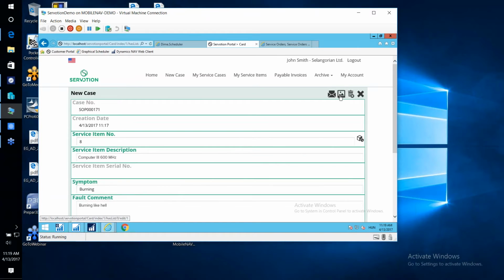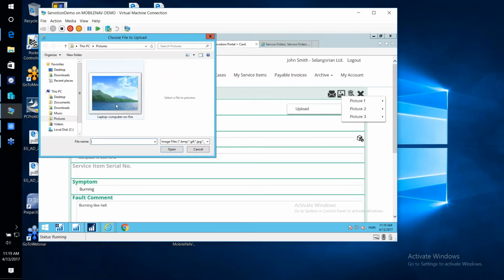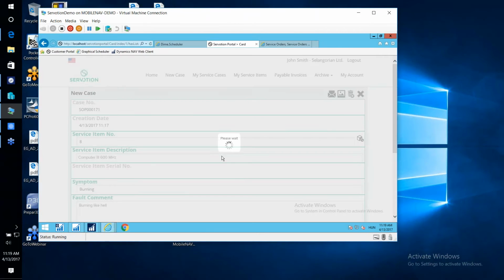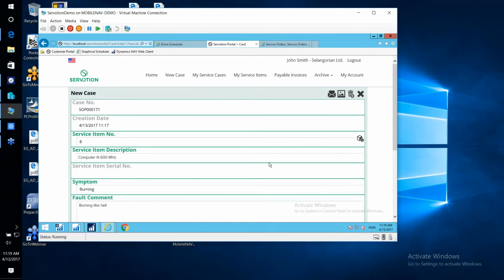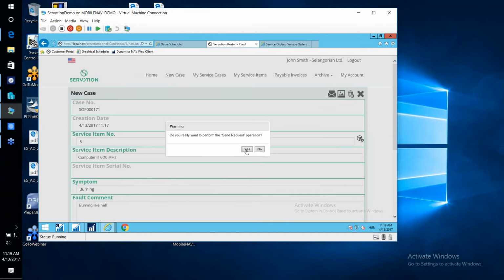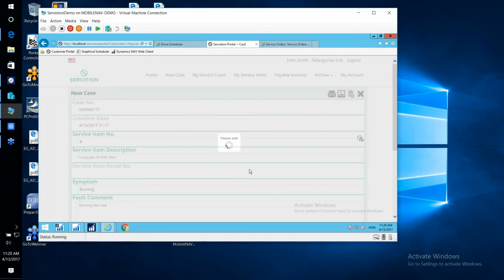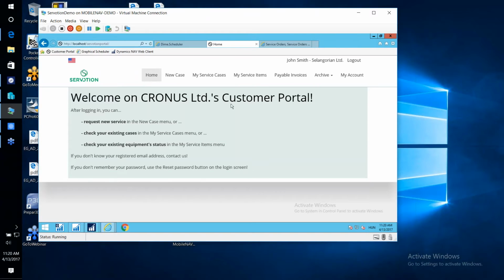Let's say, yeah, that's also okay. Maybe we could add another one. Laptop computer on fire, yeah, which really makes sense for this case. And as I finished my new service case creation, I will send it to the company, yeah, and very likely